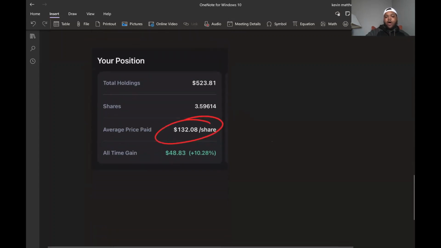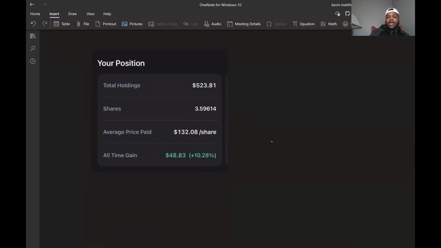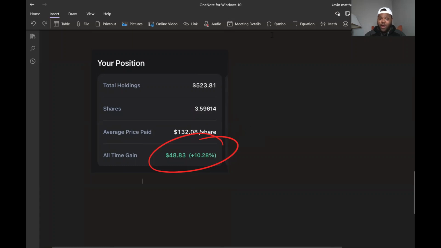So when you add up all of that, the all-time gain for me in this company as of today is 10.28%. So again, I increased it, not by a whole lot, about 2% and some change, a little less than that. I made 10%. Again, it's not like, world's greatest investor, you made 10%. However, number one, you made money. Okay, that's the most important thing. You never go broke taking profits.